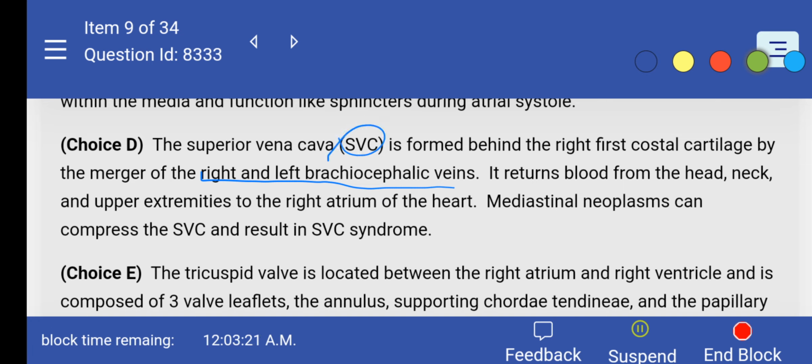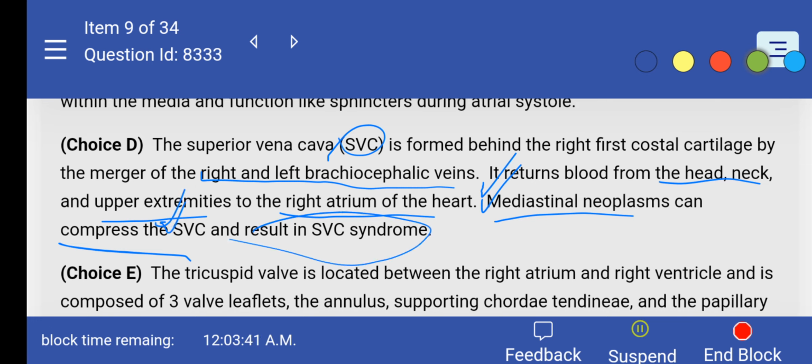It returns blood from the head, neck, and upper extremities. This is important. Head, neck, upper extremities to the right atrium of the heart. Mediastinal neoplasms can compress the superior vena cava and result in superior vena cava syndrome. This is important. Note this point. Whenever there is a mediastinal neoplasm that could compress the superior vena cava, that would result in superior vena cava